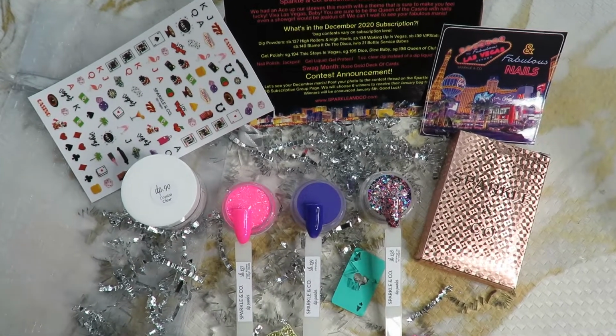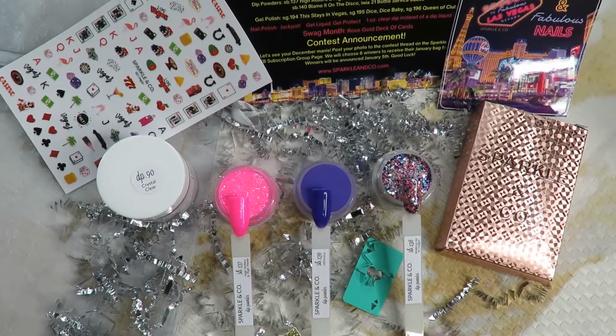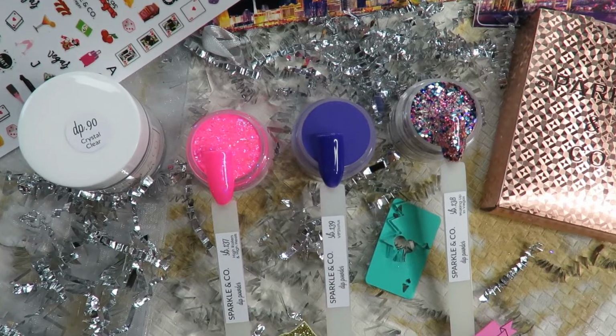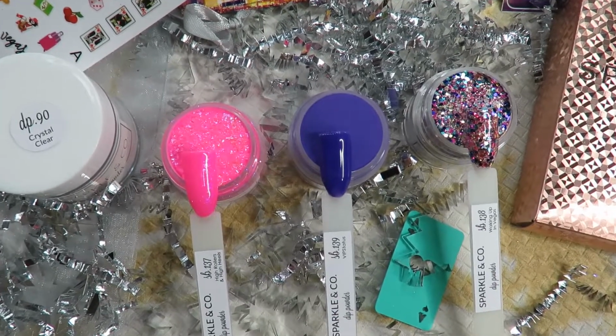So today we are going to be unboxing my December Sparkle & Co. subscription bag. So we're going to dig into these products, but before we do,